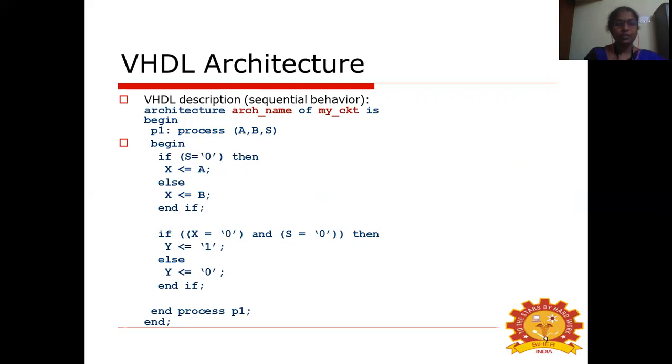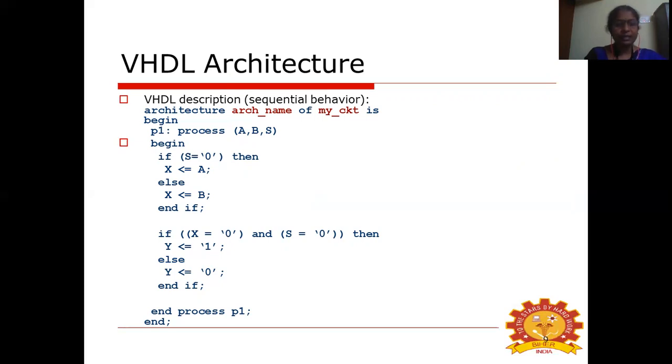The specification that we have seen is: if S equals 0, A is assigned to X, else B is assigned to X. Similarly, with the same specification, if X equals 0 and S equals 0, then 1 is assigned to Y, else 0 is assigned to Y. End process.